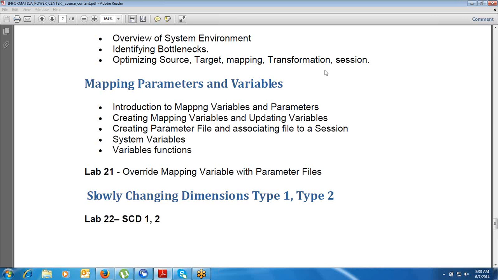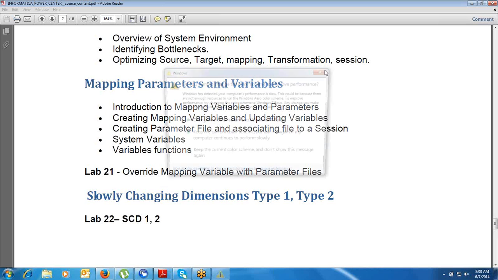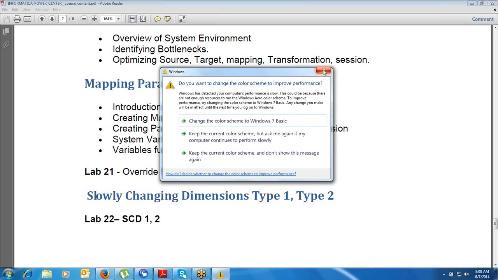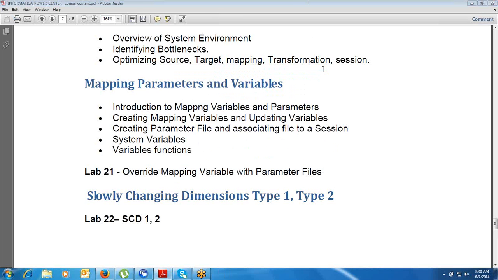So I am maintaining the historical data. For one employee we will have multiple records, and every time it changes, it is stored with a particular date information. So you are maintaining the historical data, and that can be implemented with slowly changing dimension type 2.